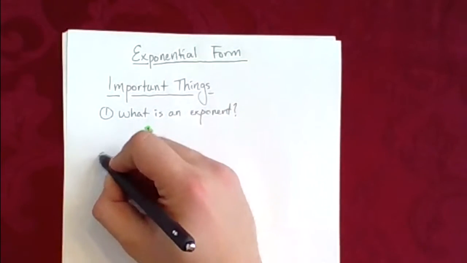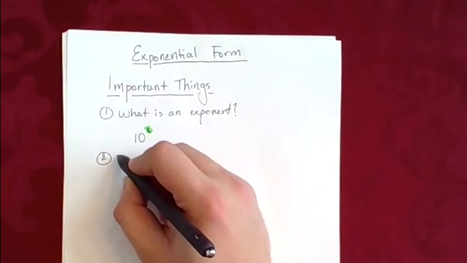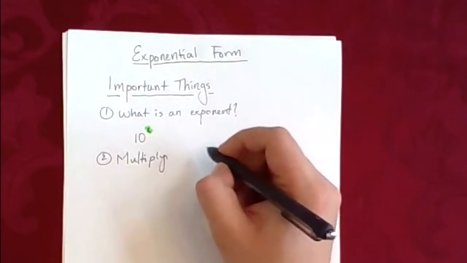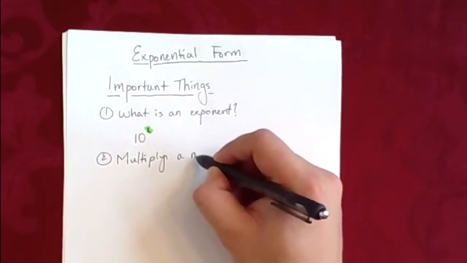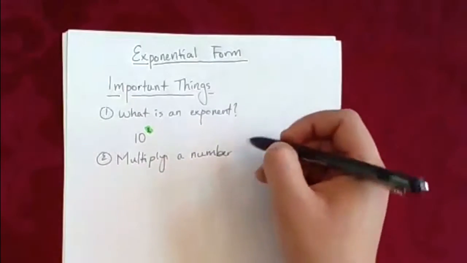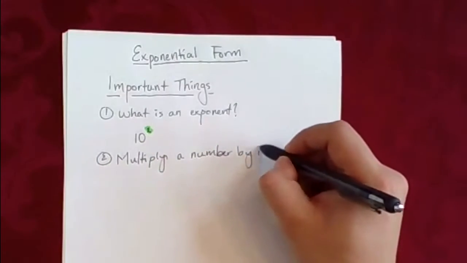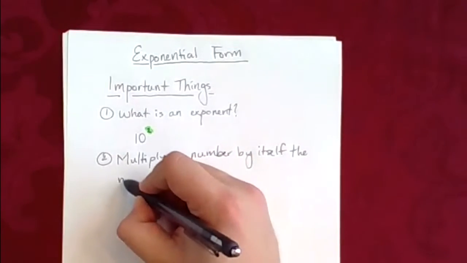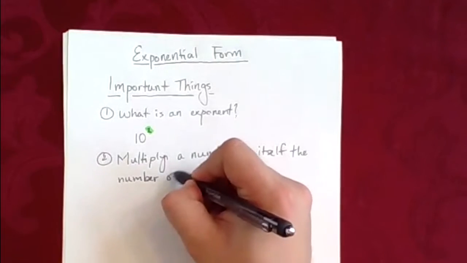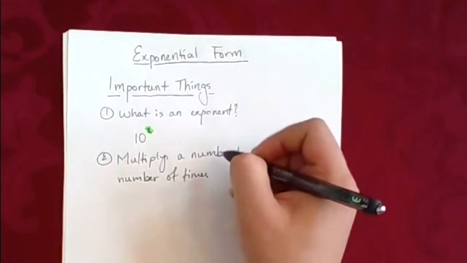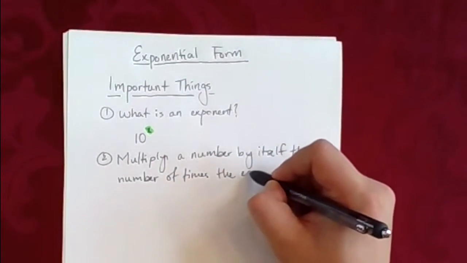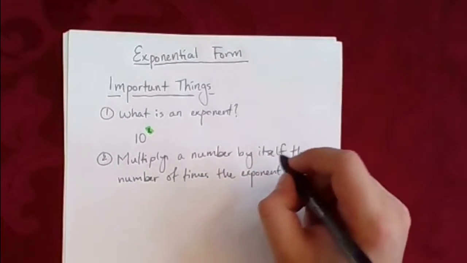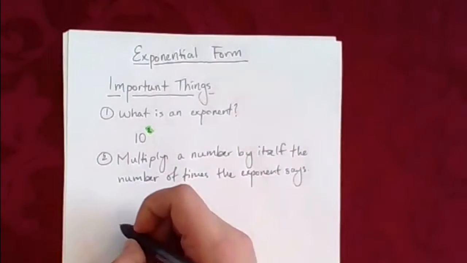And the second important thing is the exponent tells us to multiply a number by itself the number of times the exponent says. So for some examples,